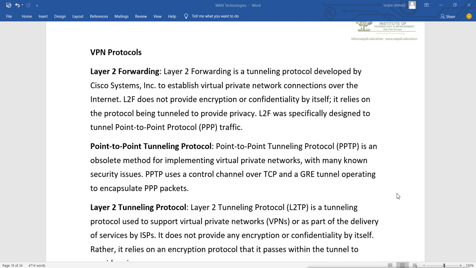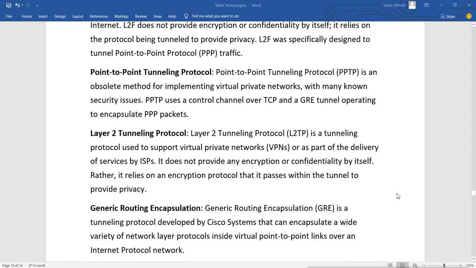Then we have Layer 2 Tunneling Protocol, that is L2TP, a tunneling protocol used to support virtual private networks or as part of the delivery of services by ISPs. It does not provide any encryption or confidentiality by itself. Rather, it relies on an encryption protocol that is processed within the tunnel to provide privacy.